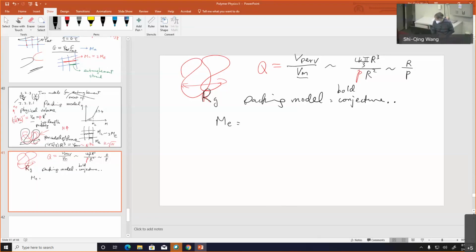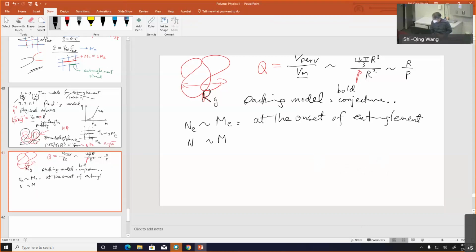Your molecular weight is nothing but your chain length. So these are one-to-one. Always one-to-one related. So, in fact, for M_E, I can even say there is such a thing called N_E. They are just the same thing, proportional. So what we're saying is, at the onset of entanglement,